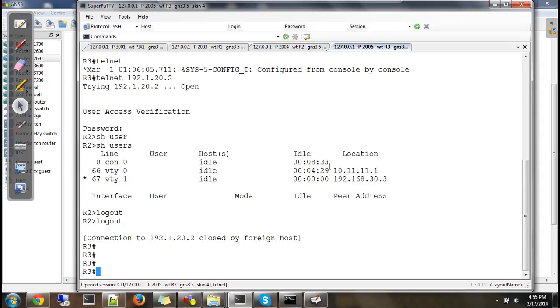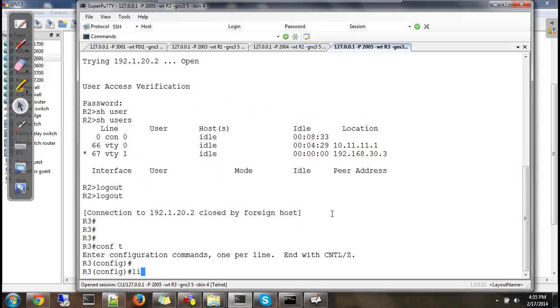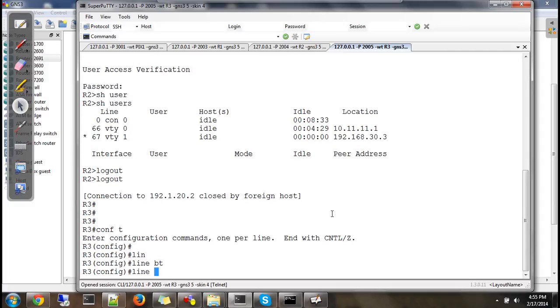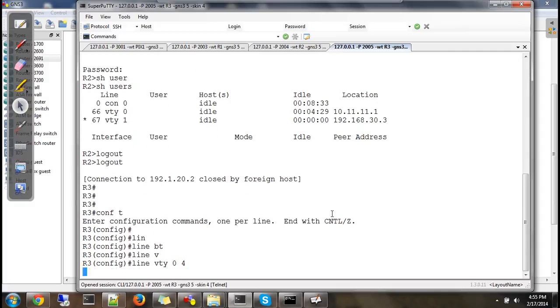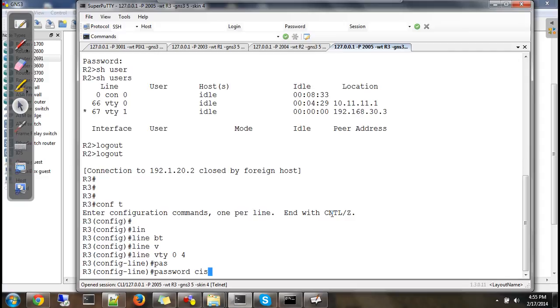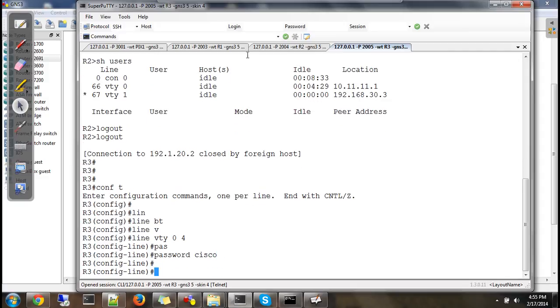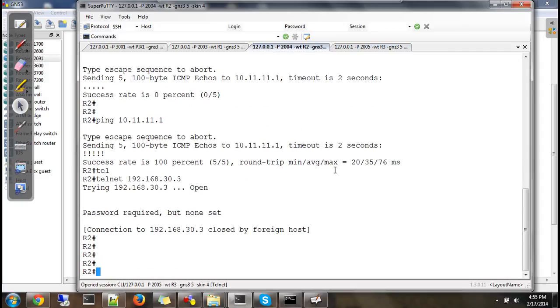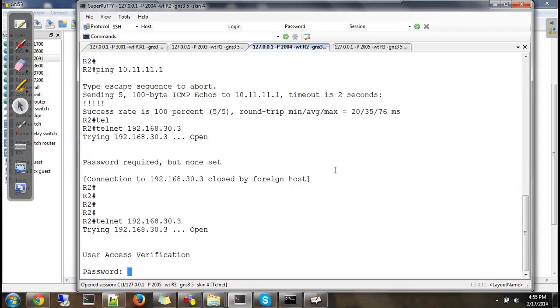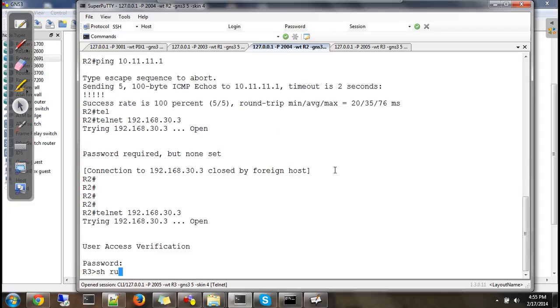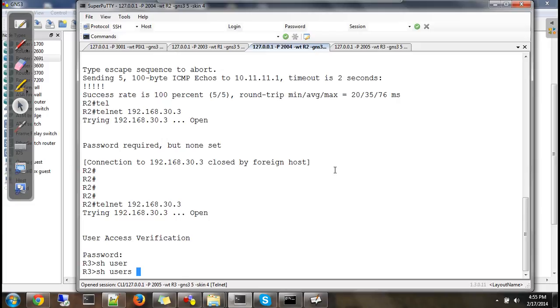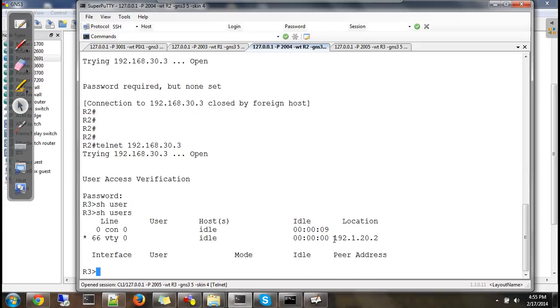So for that you can come here and set line VTY 0 24, password Cisco. Go back, try the same thing again. You get the password, enter the password, and you will see who has telneted in: 192.1.20.2. Who is it? R2, the internet.